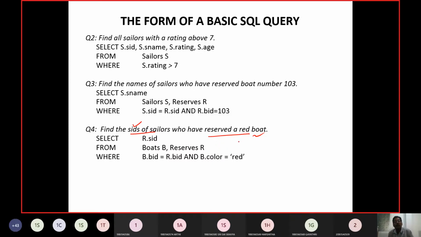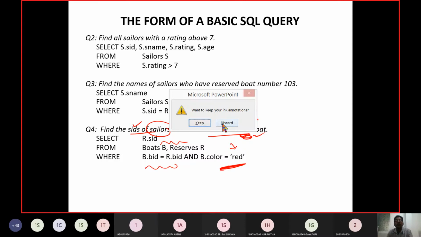So this was the question here. For that, what we should understand is the boat ID we are going to check should exist both in the reserves table and the boat table. And one more important primitive was the color of the boat should be red. So find the seller IDs who have reserved a red boat. If such a condition is going to happen,